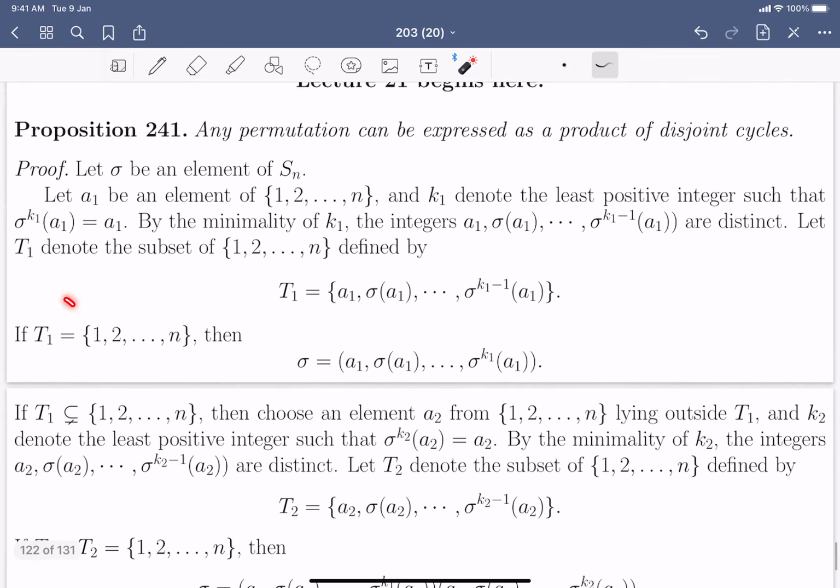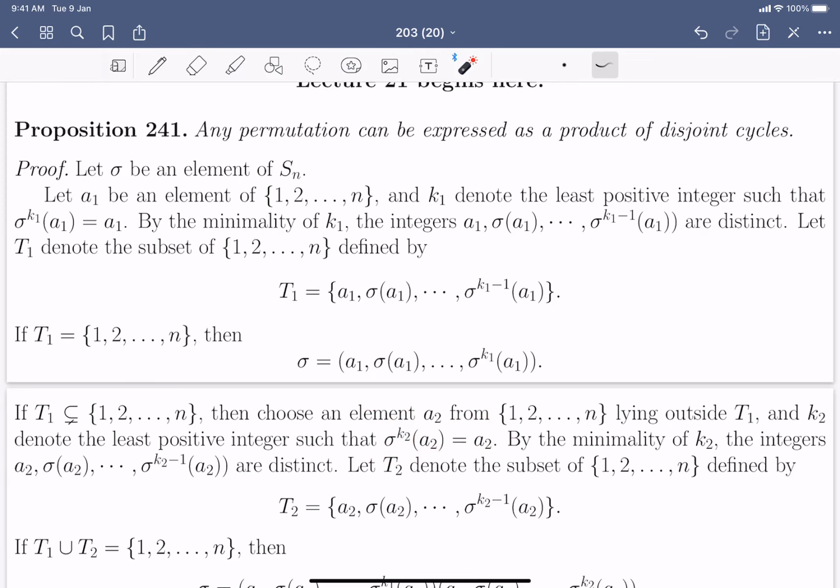And now if this is not the case, that is, if this bunch of k1 integers happens to be a proper subset of this set 1 up to n, then you choose some integer a2 from this set that lies outside t1, that is not in this list, okay. You choose one such integer, call it a2, and again look at the smallest positive integer k2 such that applying sigma to a2